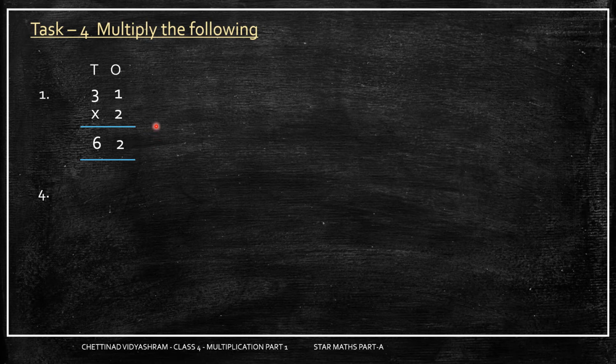Let us move on to the next sum. Fourth sum. It is better initially if you write the places on top of it so that you know which is ones, tens, and you will not get confused. Okay. Now let us start multiplying it. The number in ones place is 2. So 2 twos are 4. Next the number in tens place is 4. 2 fours are 8. 84. So the answer is 84.